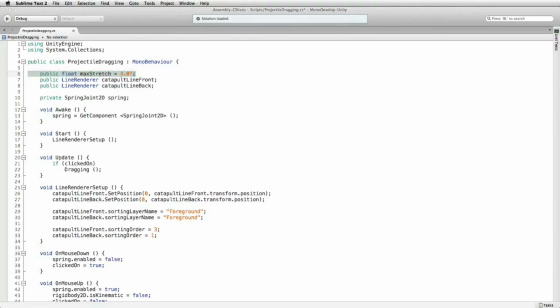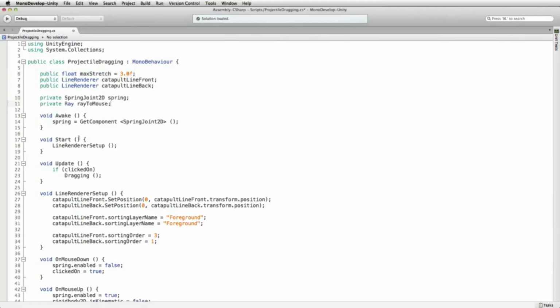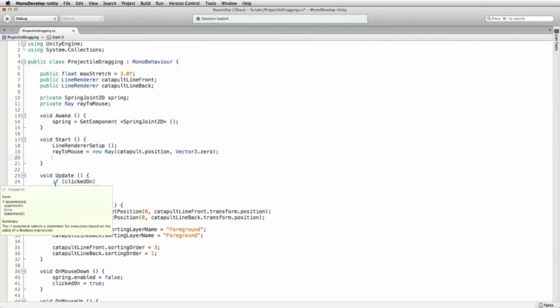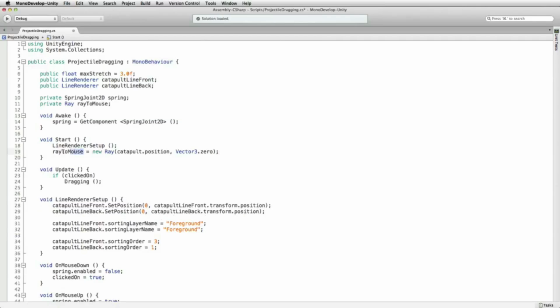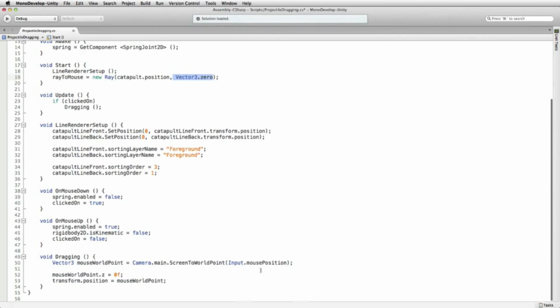So the first one we're going to make is ray to mouse. We're just going to create a ray, and then in our start function, we're going to set it up. But we aren't going to define very much about this ray. There's our ray to mouse. It's going to become a new ray, and it's going to start at our catapult position. It's going to have no direction because we're going to set this when we need it. How are we going to set this? Well, we'll set this in our dragging, when we drag